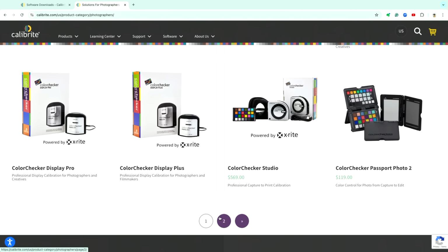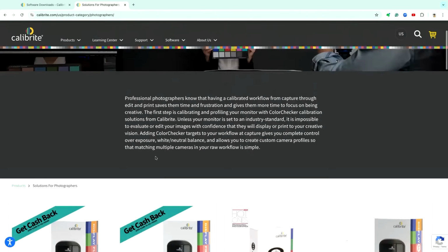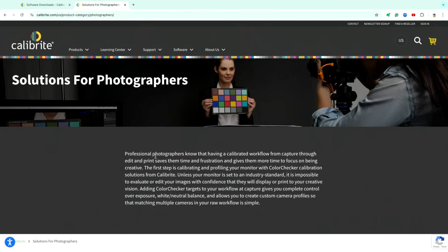And then you can see we've got calibration targets and all kinds of stuff. So I'll leave links to all this. Calibrite is not paying me for any of this stuff, but I use their gear all the time for color